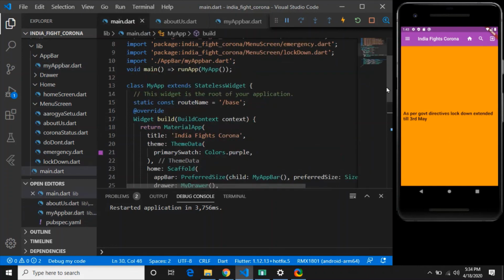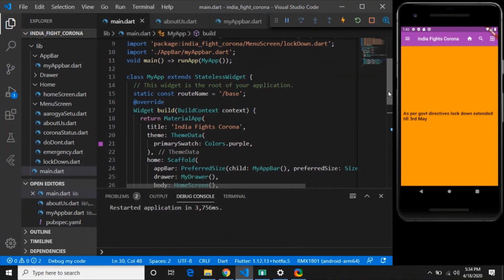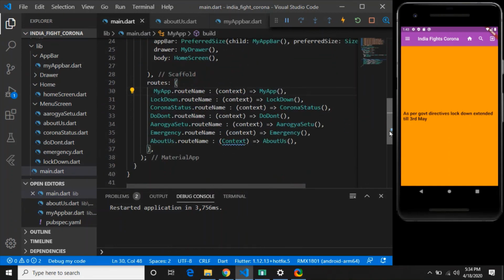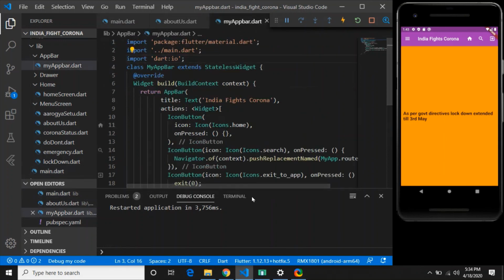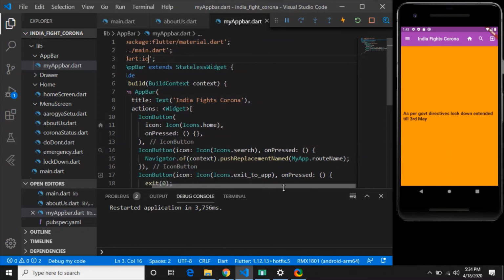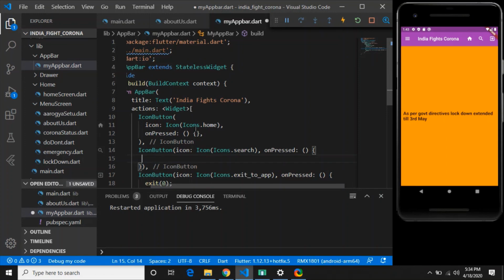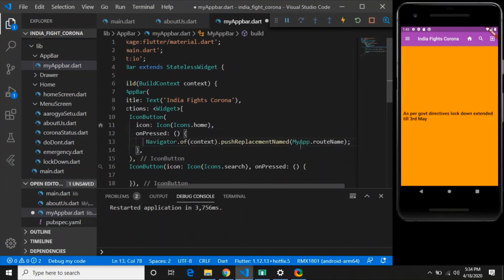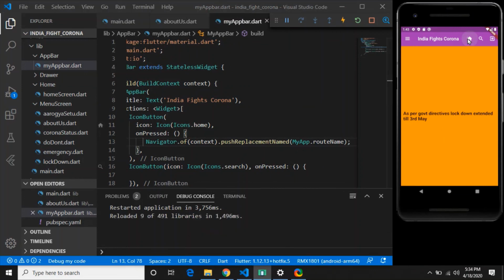icon, okay, I have added it on the search button, not on this, sorry. So I will quickly add it to the home button and not the search button. So I think now it's pretty well, right? So if I go here and if I click on this, I can go back. So last, exit to app, if I click on this, it will exit from this interface also.